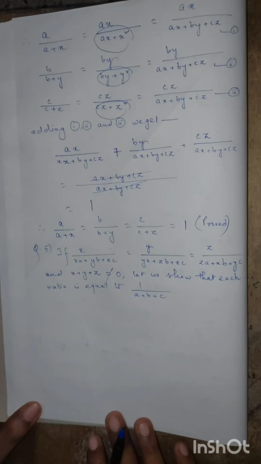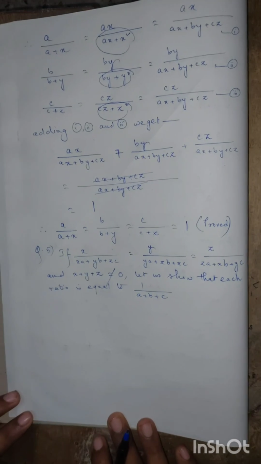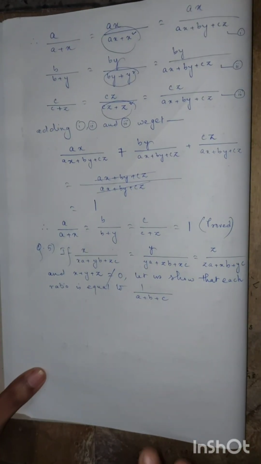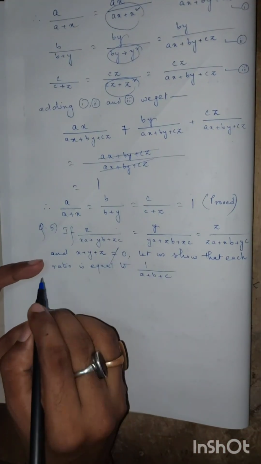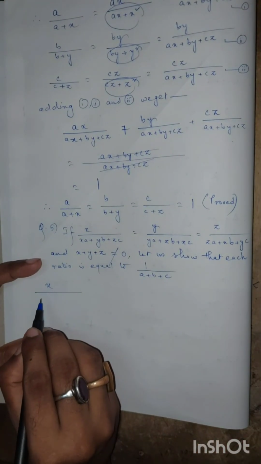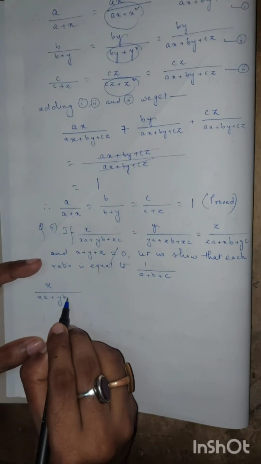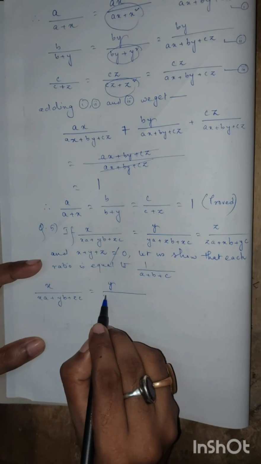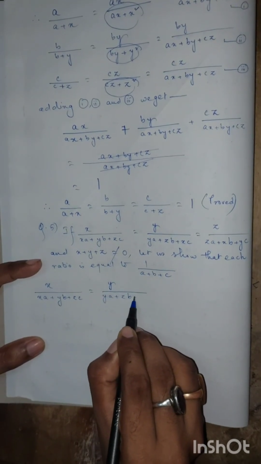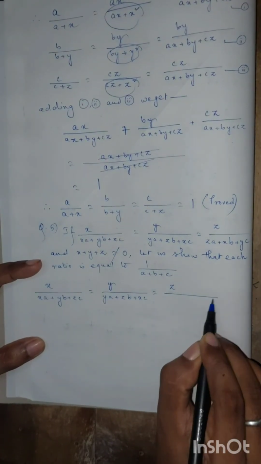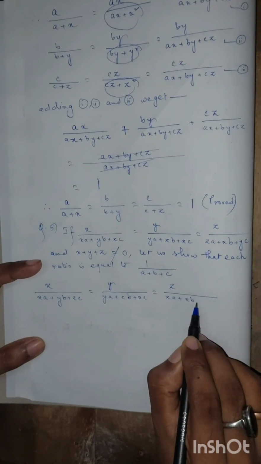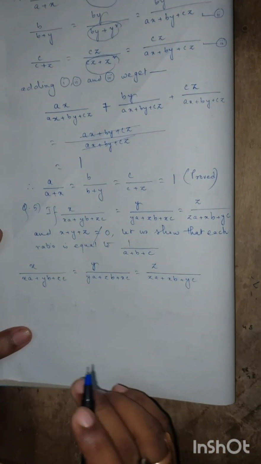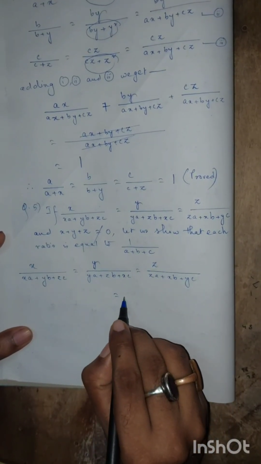So this is our question number 5. We need to show that each ratio is equal to 1 by a plus b plus c. So let us first write the given information. Now, if we apply the property addendo, we can write these ratios are equal to a new ratio